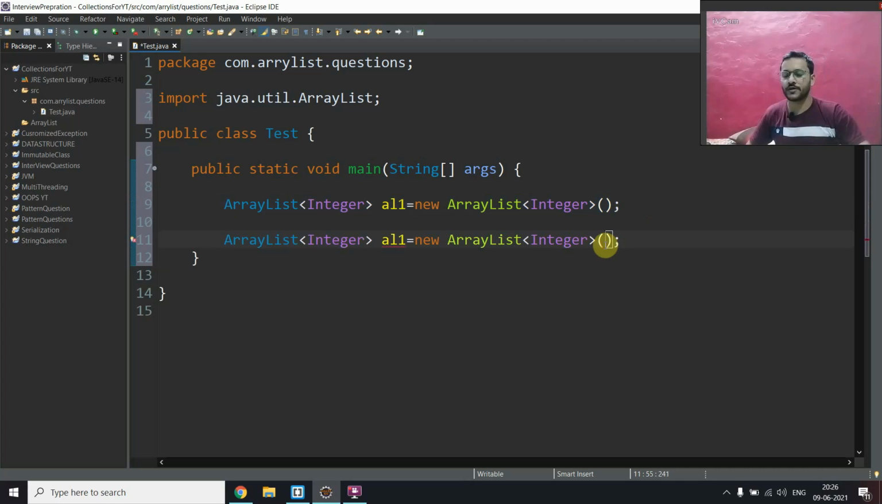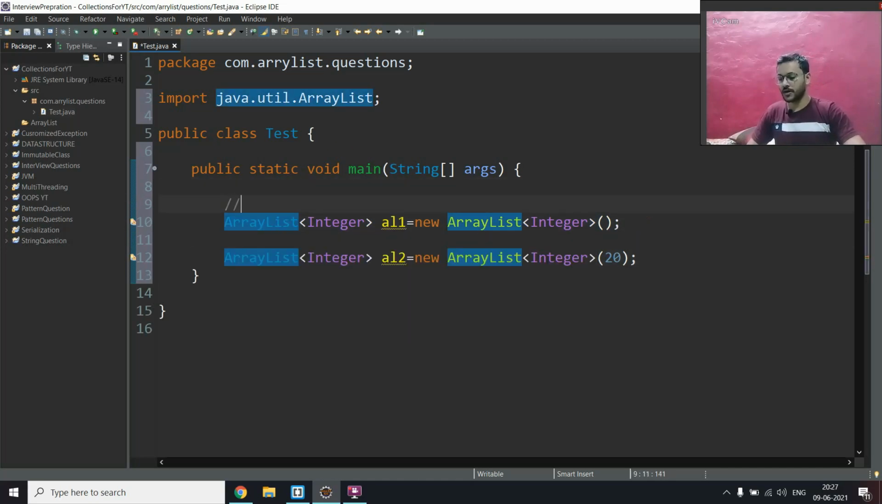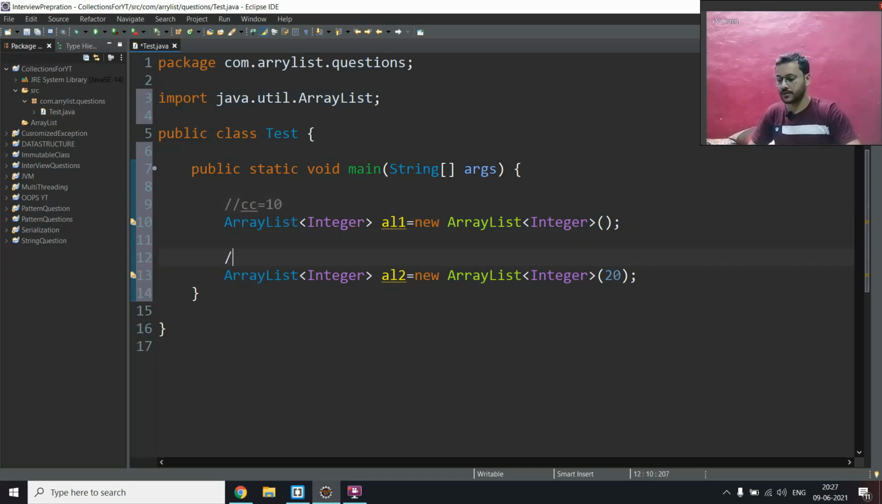Now paste here, and what it does is allow you to give an initial capacity. What is the initial capacity here? In this case our initial capacity, or current capacity, is 10. But in this case our current capacity is 20. Now the third one